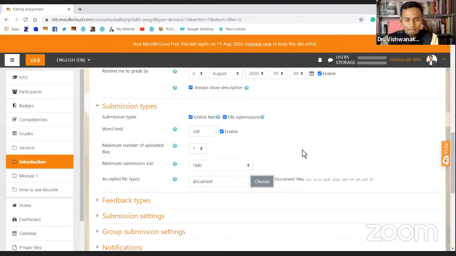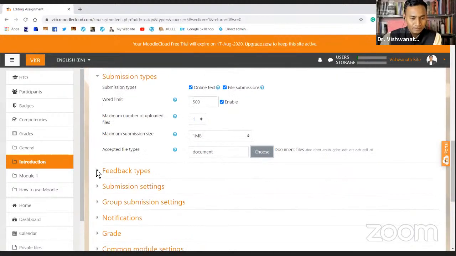So what students did is that they typed it, like I told them to type it in documents, and then they took a photograph of it and submitted an image file instead of a document file, so that I won't be able to check plagiarism and trace out all the grammatical mistakes easily. Otherwise, we all are teachers, we can do that. So that's why you want to select specific document files.